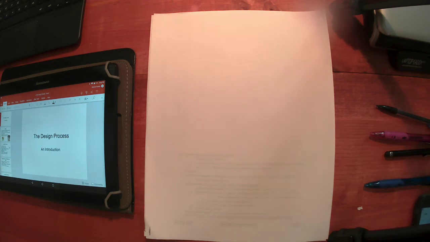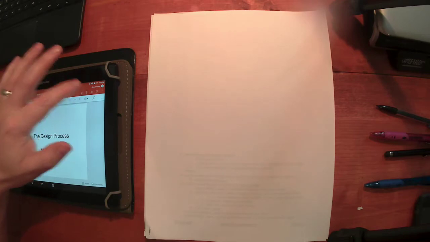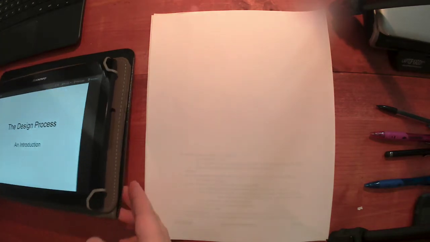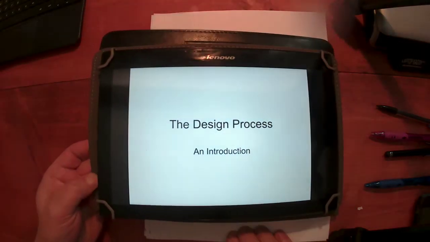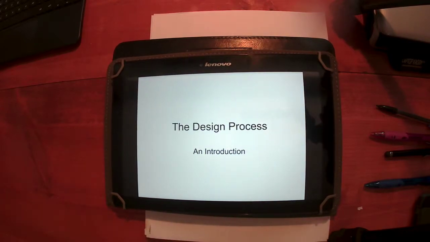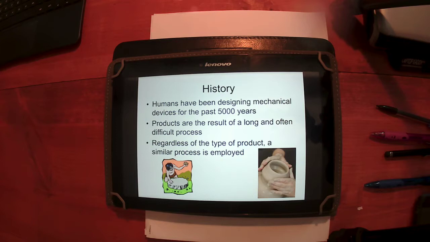Today let's talk about the design process. So, the design process is a really good tool to have as an engineer. The basic idea is it's a generic problem-solving strategy that we can use to try to find a solution to whatever it is that we're trying to tackle. Why make a big deal of this is